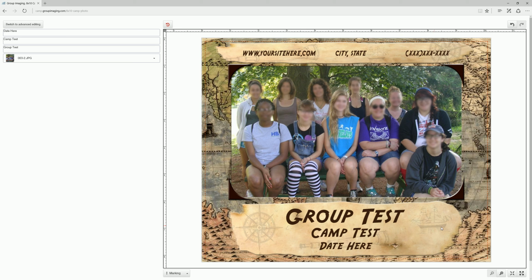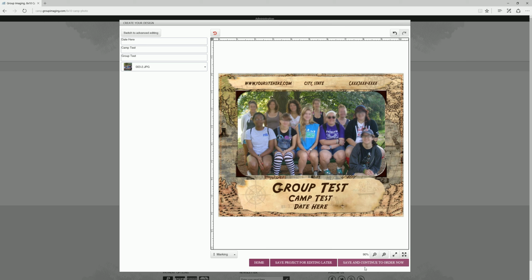We need to continue on. But one thing, I've enlarged this window, so we need to minimize it back to the original size so I can get back to these buttons here to continue on. If you do need to come back later, so you don't have all the information, but I already got this cropped the way I want it, I don't want to have to do it all over again,